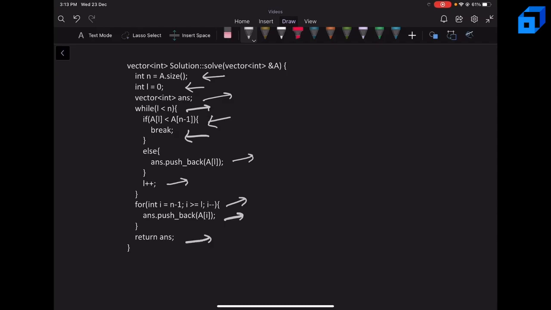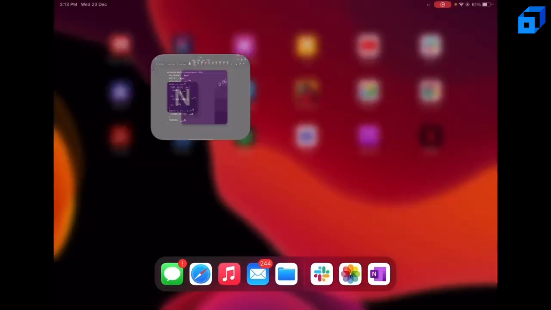So what will be the time complexity? Since we are taking each element at most once, the time complexity will be O(n), because our left pointer can be n in the worst case, which will be O(n). So let's move to the next problem, a medium problem.